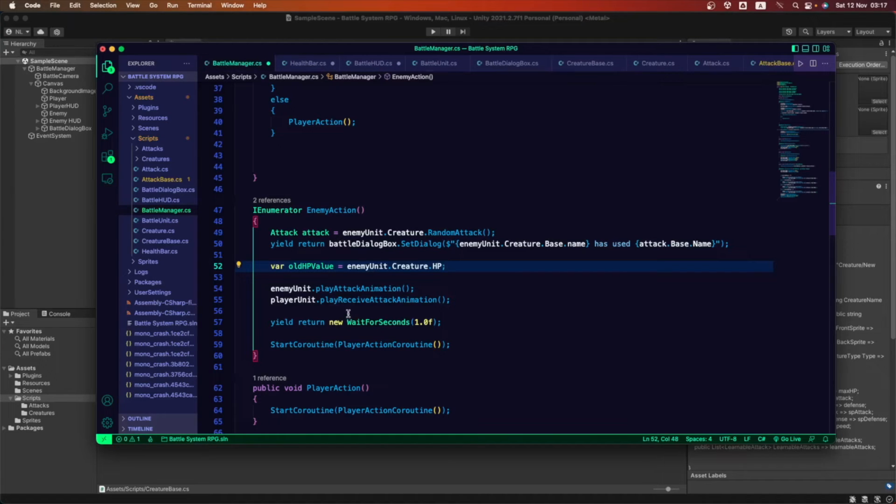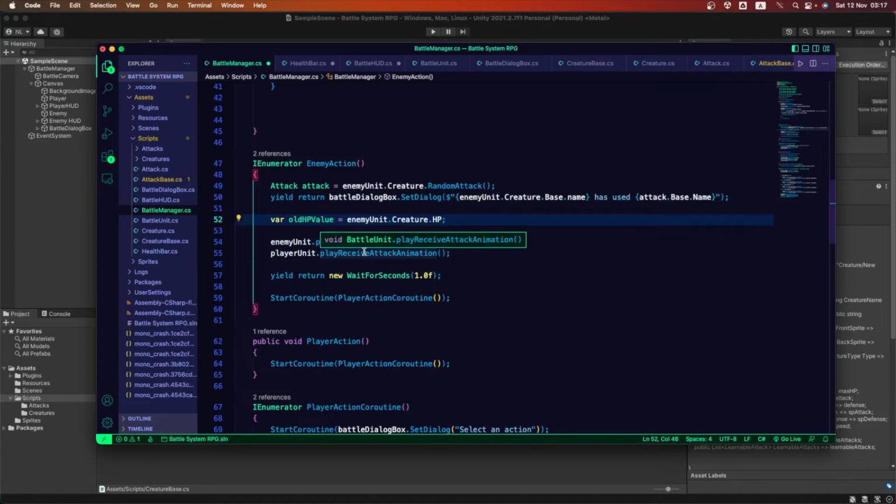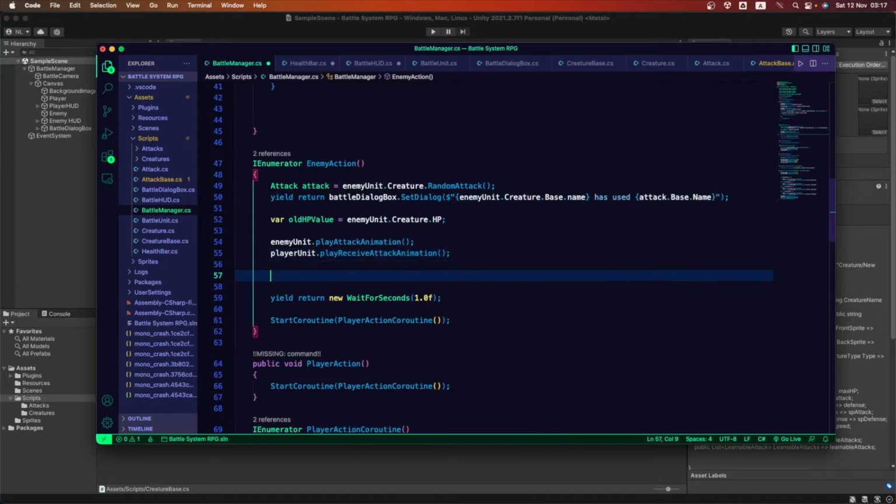After that, we wanna get the attack animation. We wanna use the receive attack animation of the player unit. And after that, we wanna use a variable called damage desk, and this is gonna be equal to the player unit creature.